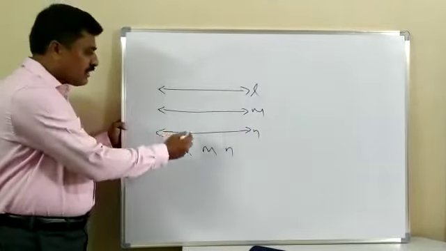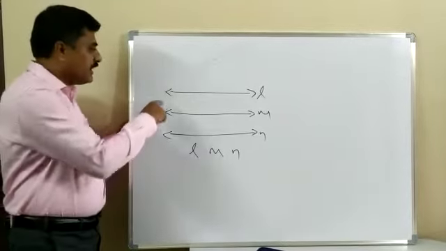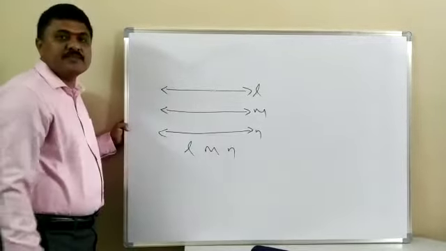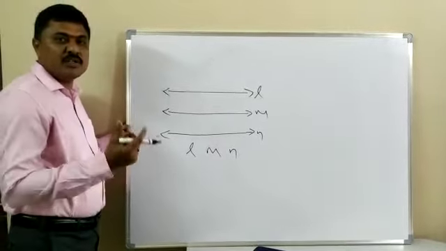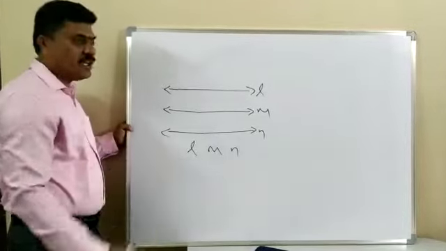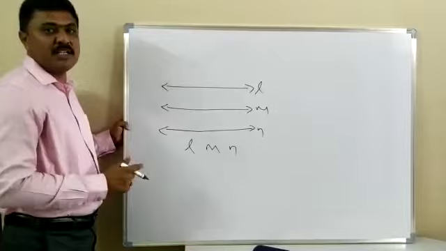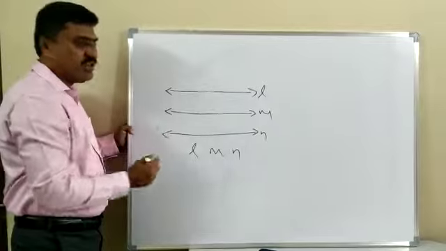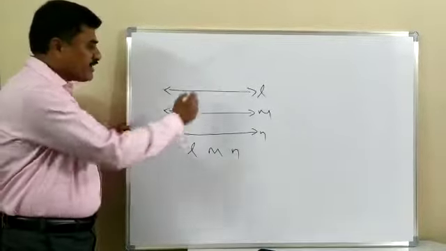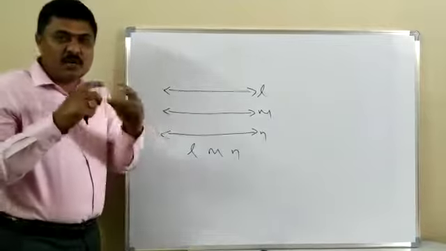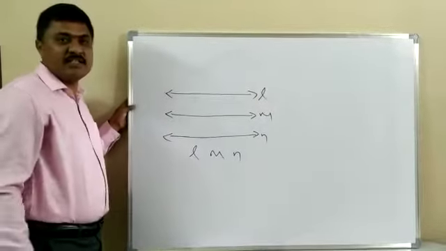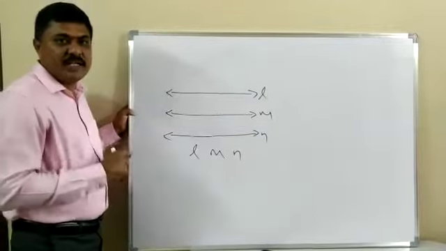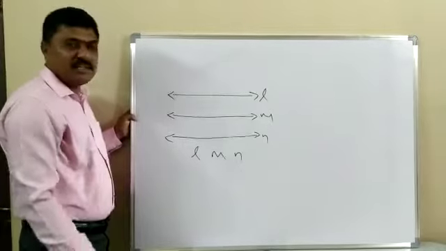So here one relation is there for these three lines. L, M, N, three lines are extended in both the directions. So all these three are called lines. I am making one more relation. How much can we extend, either left side or right side? These lines will never touch each other. They are only expanded in both the directions. Yesterday I said a line can be extended indefinitely in both the directions. Here no lines are touching each other.